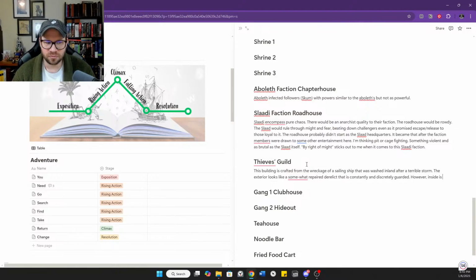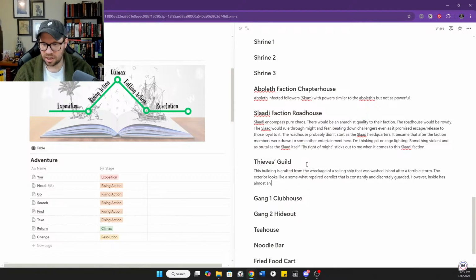In the meantime, we'll go ahead and work with that, and we'll change it if we need to. However, the inside has almost an opium den kind of feel to it.